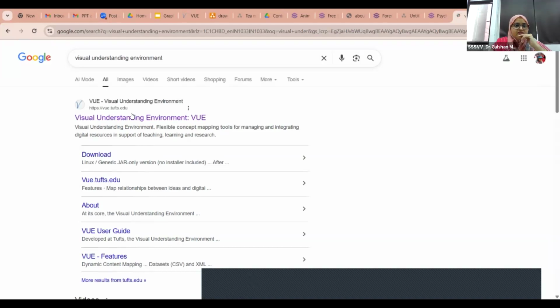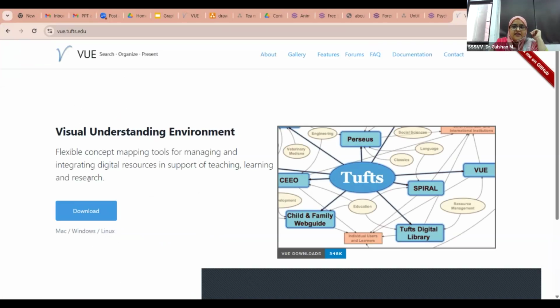So you can see the very first link, the Visual Understanding Environment. It is from the Tufts University. The Tufts University has developed this software. So the link says vue.tufts.edu. Click on this. You will come to the home page of VUE, and you can see the download option.